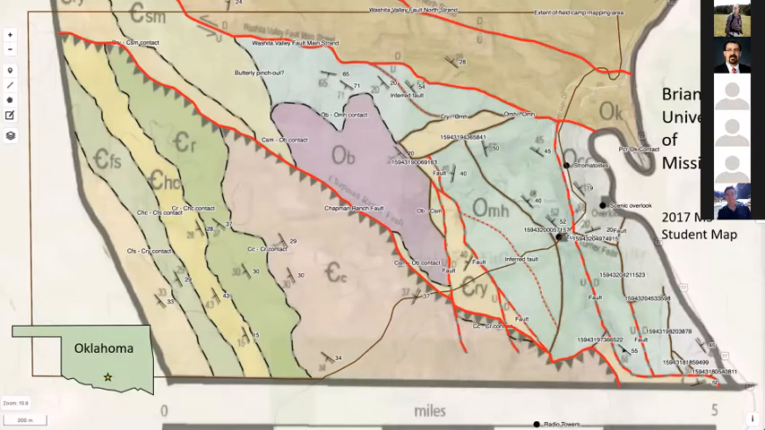I used Map Warper to digitize and georeference his thesis map, and then I entered the data: strikes, dips, faults, and contacts. That's what you're seeing here, with his thesis map overlaid with some transparency, and that was done in 2017. And with our students,